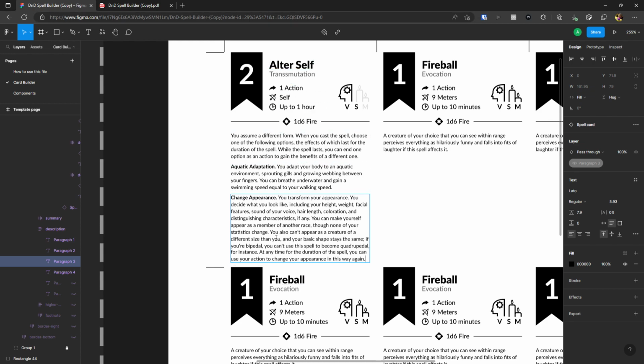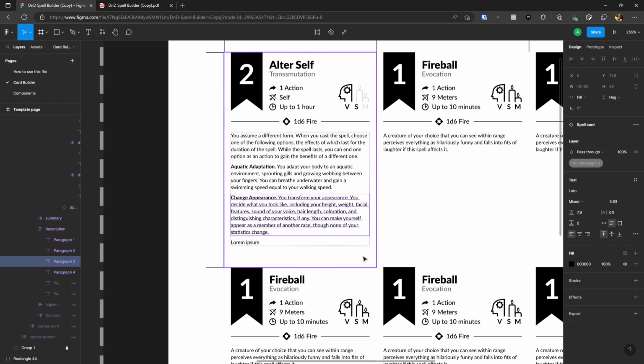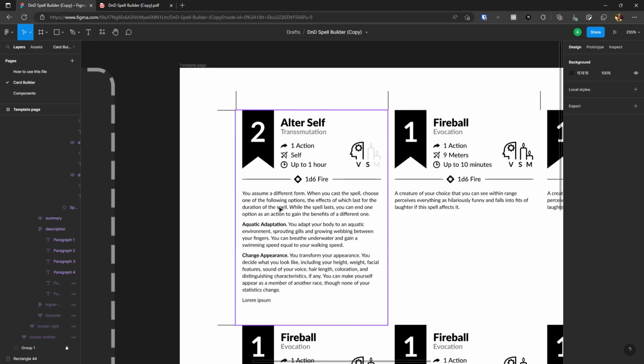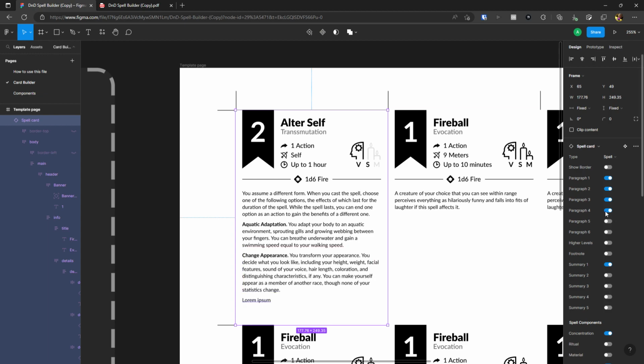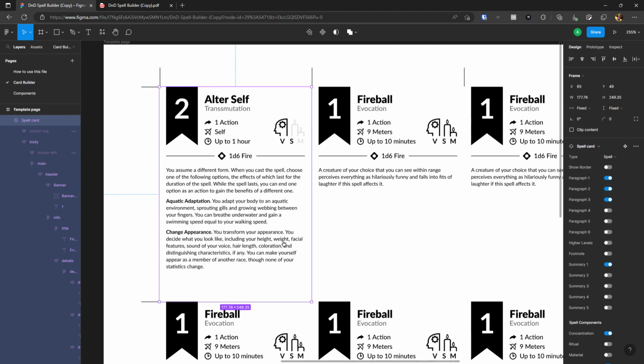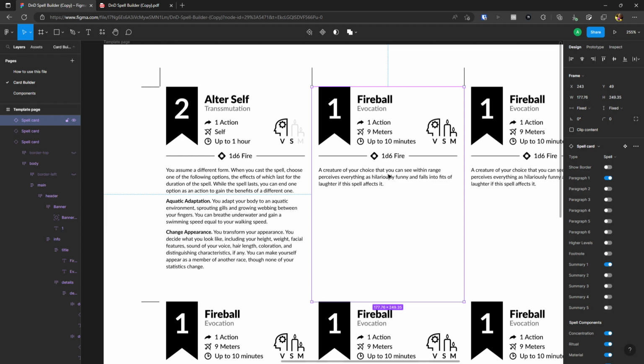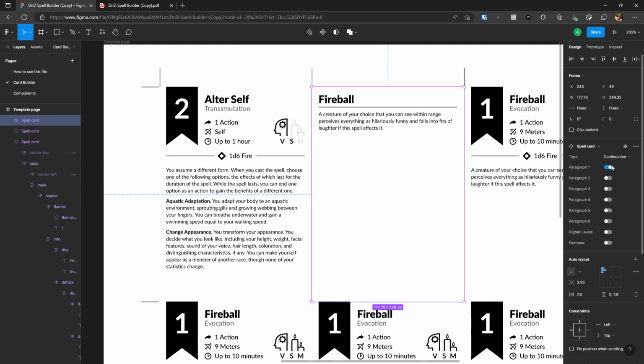So when this happens, you can select the overflowing text, press S to leave the selection, click on the card again because we don't need this fourth paragraph, and now you click on a new card, and right here where it says type, you click on it and click continuation. This continuation, you have the same controls as the first card, just a little bit condensed, so you can add new